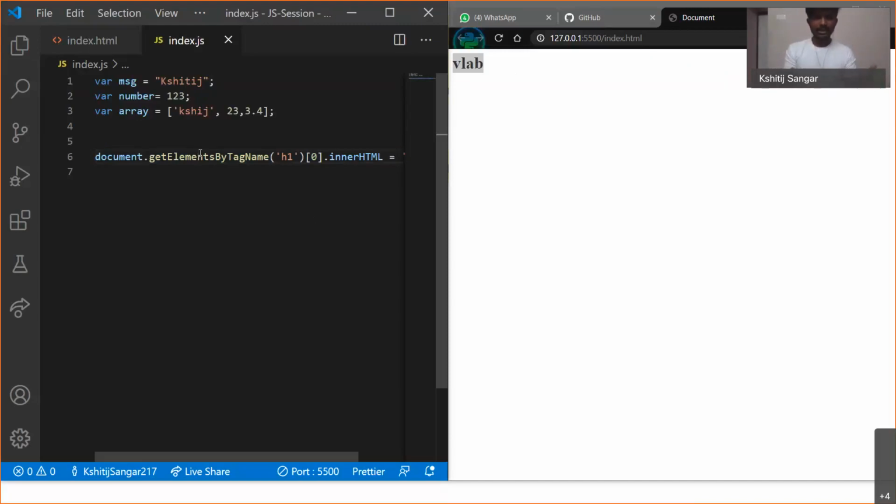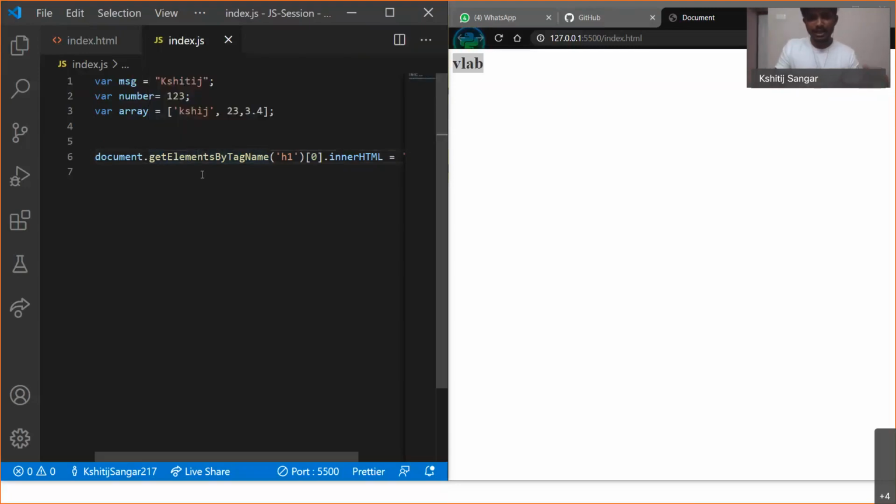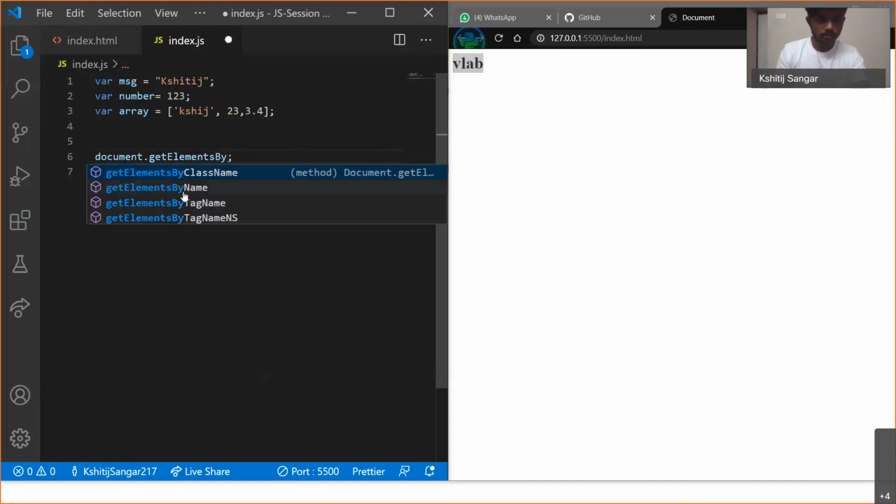As I said, with tag name you get access to all those elements in an array. Similarly, if you say get element by class name, it will also return an array of all the elements with that class. And the ID is similar, meaning if you say document.getElementById, it will give that single element with that ID name. I'll just say get element by ID. So look,